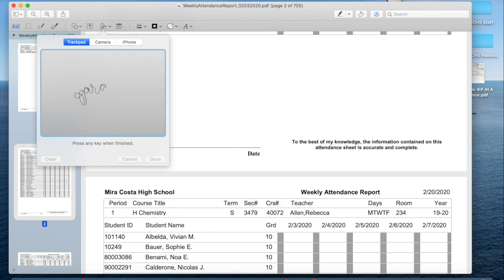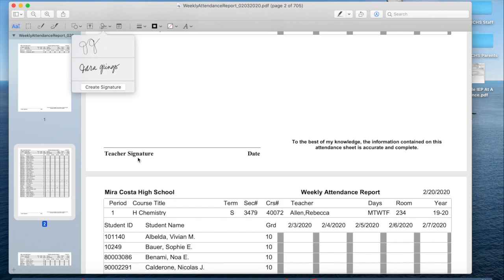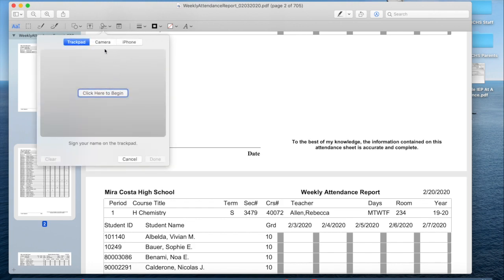And it might not be the best, but I'm just going to sign to the best of my ability. And when I'm done, I'm just going to press any key. And that's going to be my signature. Now, if you're looking at it and you're like, ooh, that looks terrible, you can always click cancel and try it again. Another trick you can use is you can